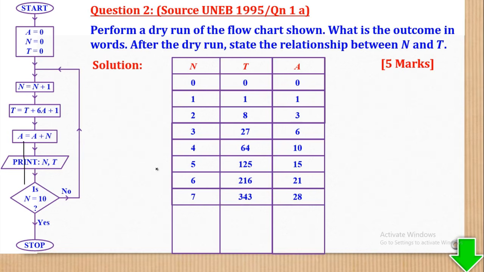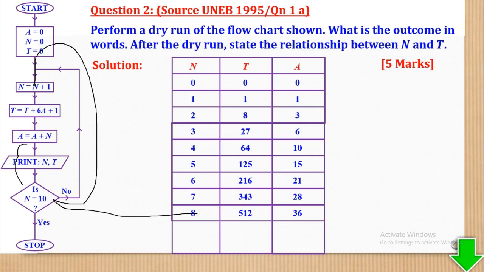Then print and go to the decision. Now this decision gives you a no, therefore no means that you increment, so incrementing 7 by 1 will give you 8. Then from there, I'll know that T is 343 and A is 28, therefore 343 plus 6 times 28 plus 1 gives you 512. Then this one means that A becomes A plus N, so this plus this gives you 36. After that, you are going to print and also go to the decision. This decision gives you an answer of no, so no means that you increment again by 1, so incrementing 8 by 1 gives you 9,